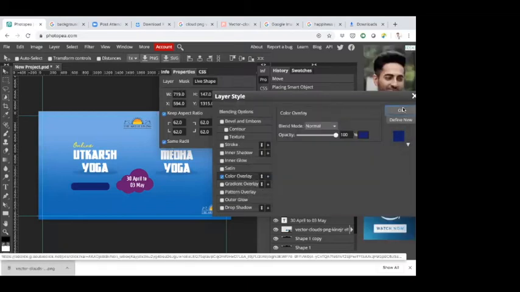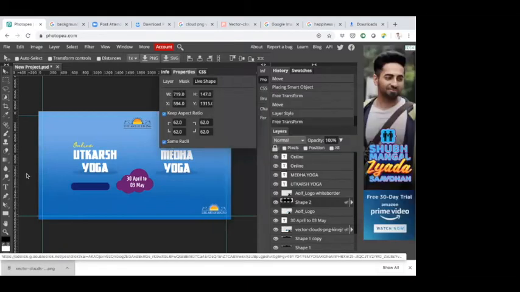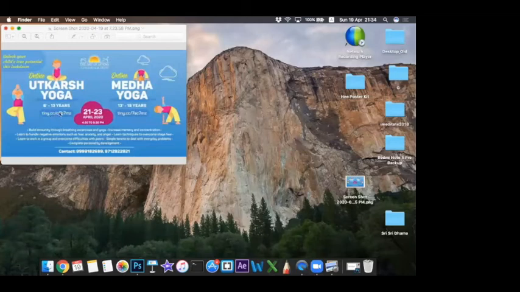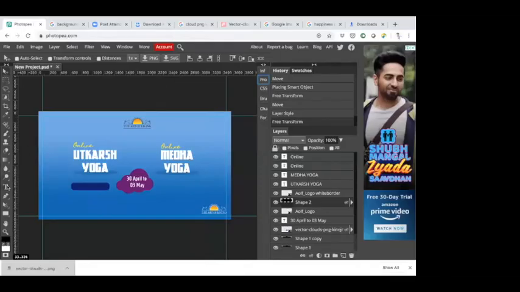Now my next intention is to keep the registration link here. All right, so click on the type tool, tiny.cc/.